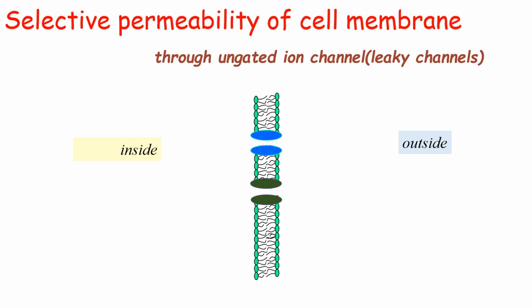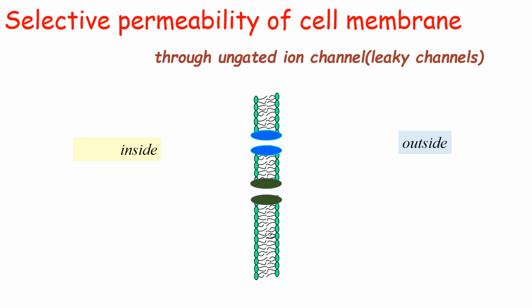Now, talking about the first factor which influences the resting membrane potential, the selective permeability of the cell membrane. We talked about the selective permeability of the cell membrane in our initial classes. The cell membrane is highly selective because of the presence of ion channels, carriers, and pumps. So all types of substances cannot cross the cell membrane. It is highly selective in nature.